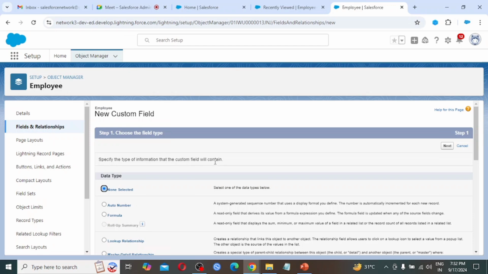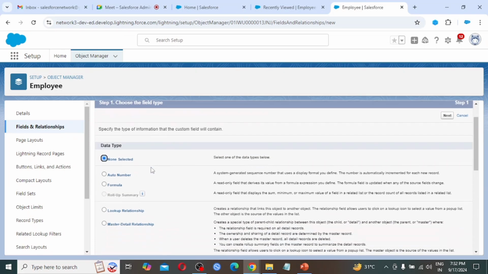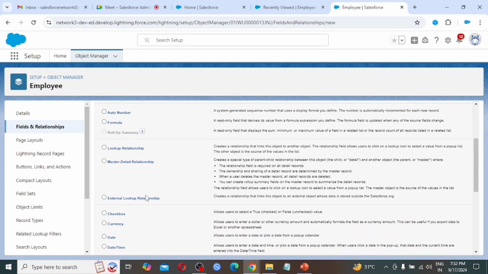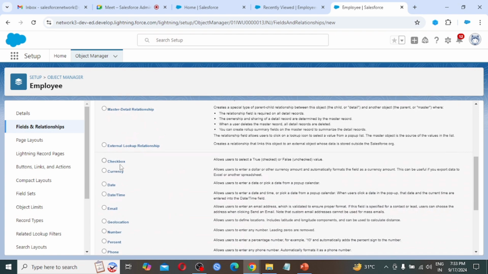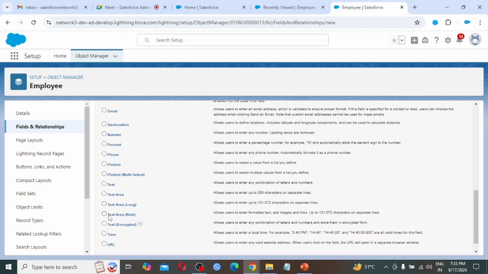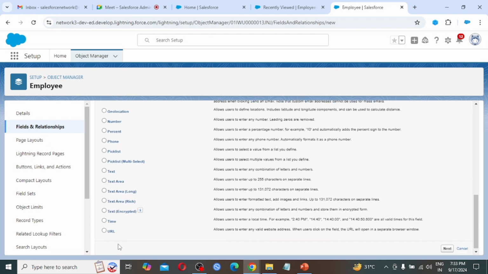So the custom field will contain which type of data: auto number or formula or any relationship type, or checkbox, currency, date, date time, email, geolocation, number, percent, phone, picklist, multi-select, text, text area long, text area rich, text encrypted, time, URL.